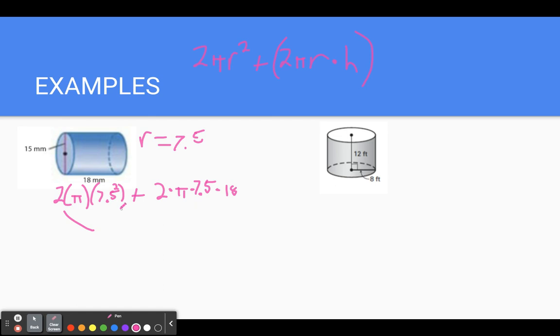Which this whole chunk here gives you a value of 353.429. And then if we calculate all of this here, if we do 2 times pi times 7.5 times 18, that gives us